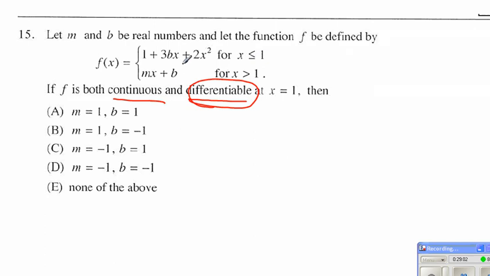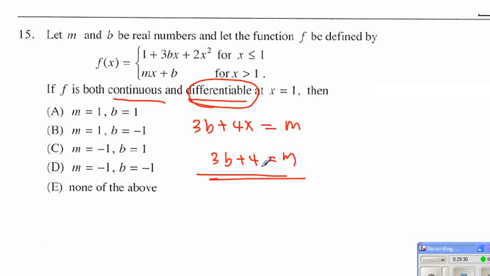By taking the derivative and setting them equal to each other, from the first one, 3b plus 4x must be equal to the second one, which is m. But here x equals 1, so 3b plus 4 is equal to m. We find that one relationship. Now, in place of m, we will place 3b plus 4. And then by plugging in 1 for the continuity's sake, the first one becomes 1 plus 3b plus 2. Now that should be equal to